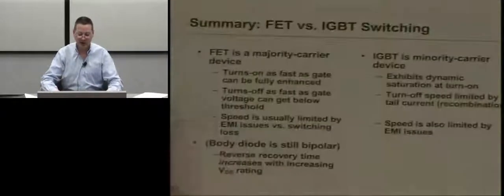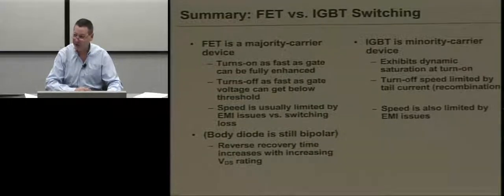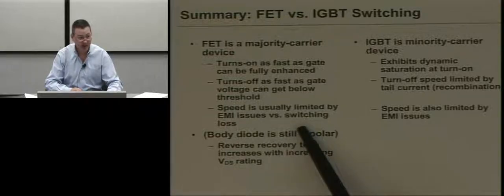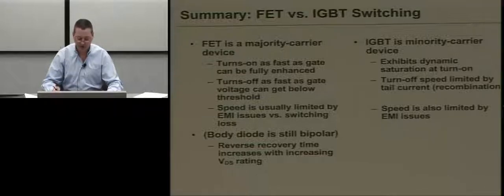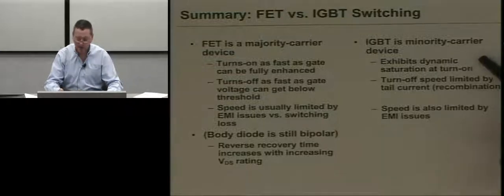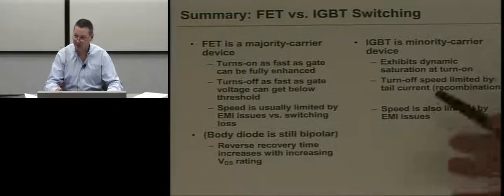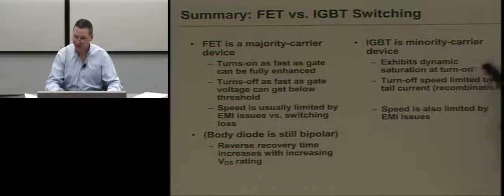Okay, so just to summarize, comparing the two switches, a FET's a majority carrier device. It turns on and off as fast as you can get the gate turned on and off. The speed really isn't usually limited by the device itself. It's limited by the application, by electromagnetic interference and compatibility issues, dV/dt, dI/dt kind of issues. An IGBT is a minority carrier device, so it has some dynamic turn on and turn off characteristic, a little bit of time it takes to get the minority carrier charges going in the junction. The turn off speed is limited by recombination,